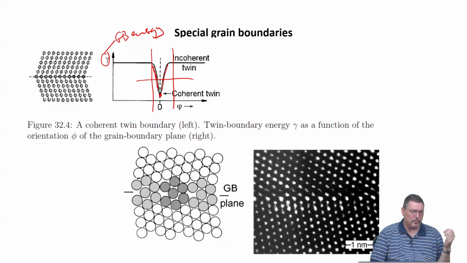But if you induce them by deformation, because of this being a directed process involving dislocations, many of them and so on, often they are not the coherent twin boundaries, and then you can count them energetically also as high-angle grain boundaries. They will still have a reduction in excess energy as compared to the random high-angle grain boundary, but the reduction will not be so large.